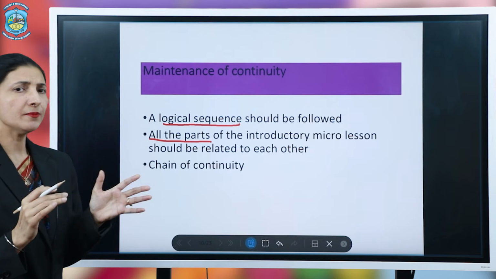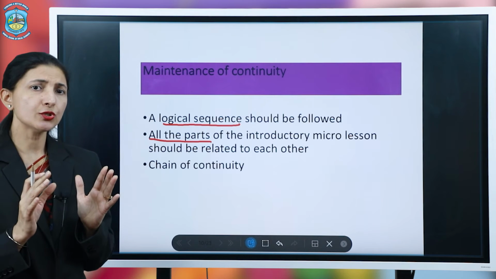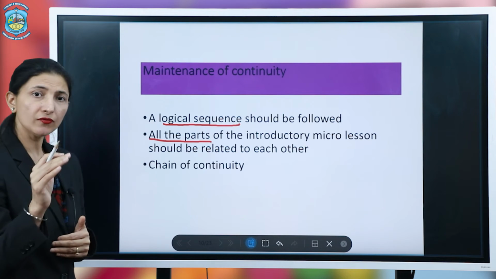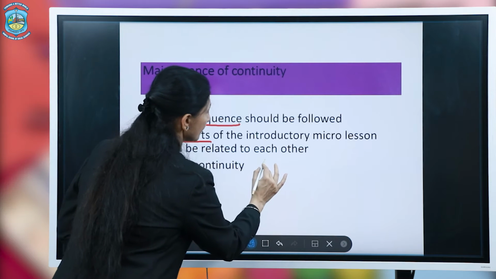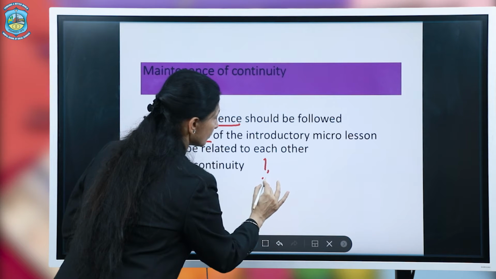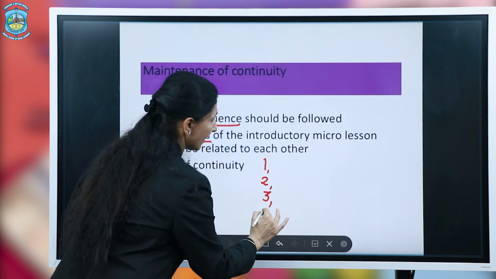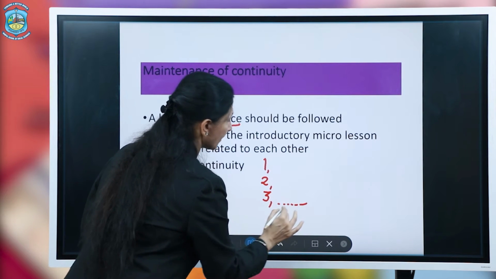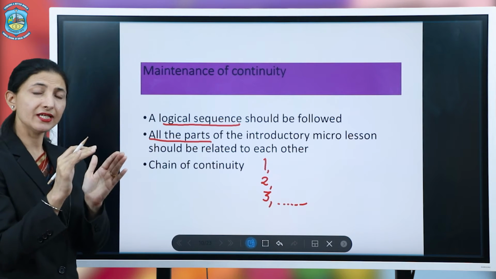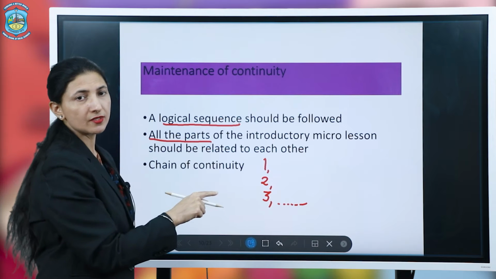A pupil teacher should maintain a chain of continuity, meaning after point 1, point 2 should come and point 3 should come and so on. But there should be a relation between all these points.